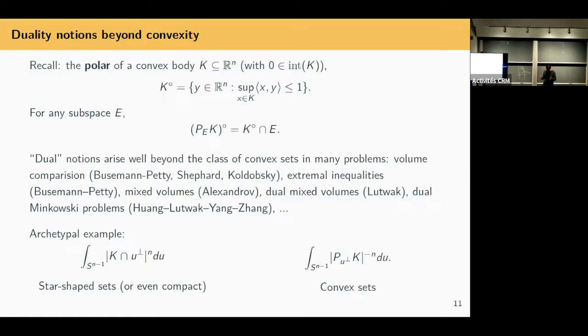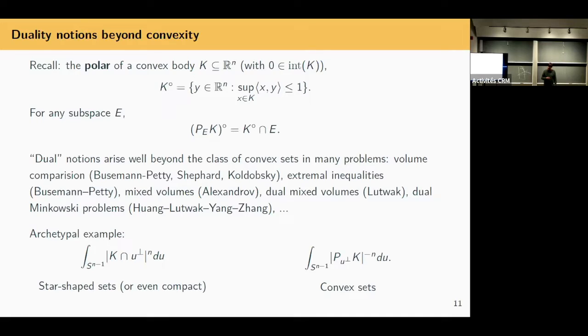So there are many problems in which a kind of duality exists for convex sets, for sets beyond convex sets where you really don't have convexity. And nevertheless, you see a kind of mirroring phenomena for projections, maybe for convex sets, and for sections for star-shaped sets. There's a long list of such problems. Sometimes these sort of fit under the umbrella of Brunn-Minkowski theory versus what's called dual Brunn-Minkowski theory about sections of star-shaped sets. I wrote just some examples here.